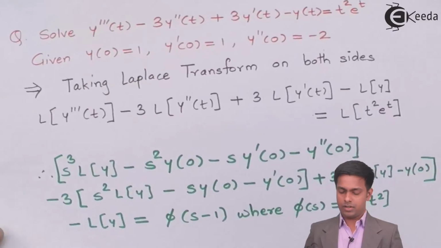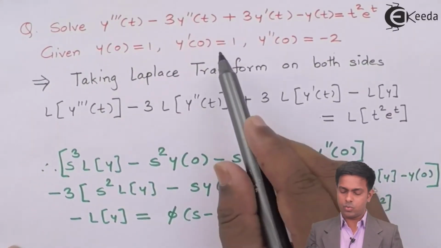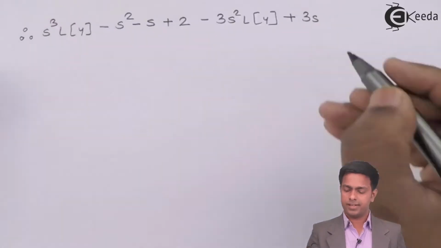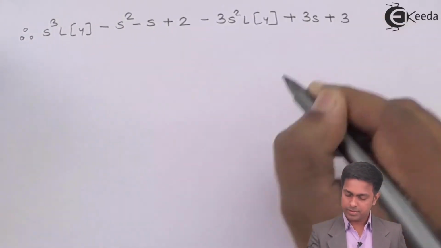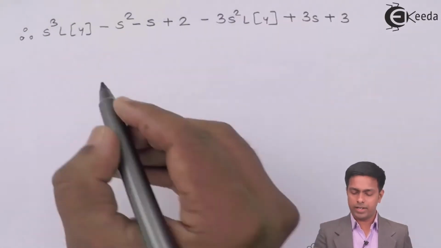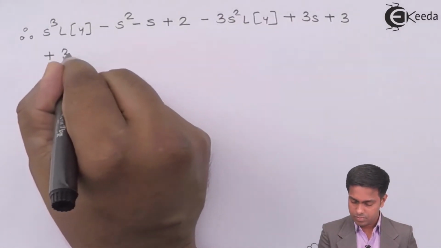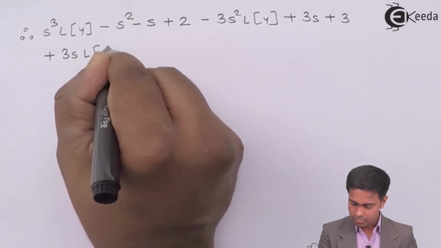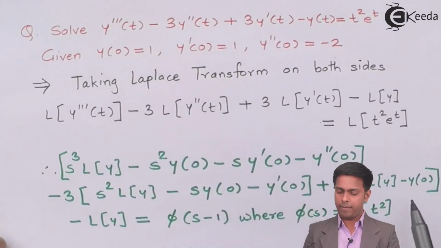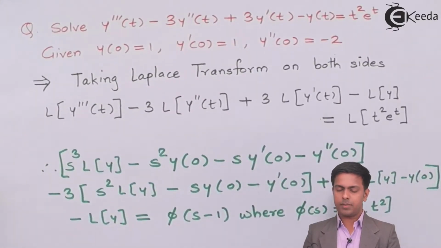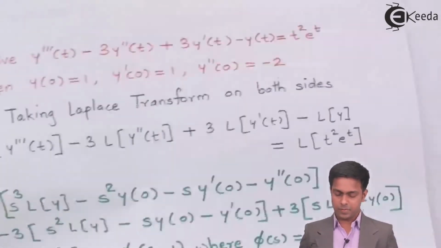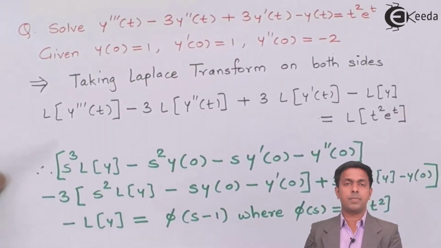Next, y dash of 0 is 1, so that is minus 1. Minus 1 into minus 3 is plus 3. Here we will get 3s Laplace of y. Next, the value of y of 0 is 1, so negative 1 into plus 3 is negative 3. Next, minus Laplace of y